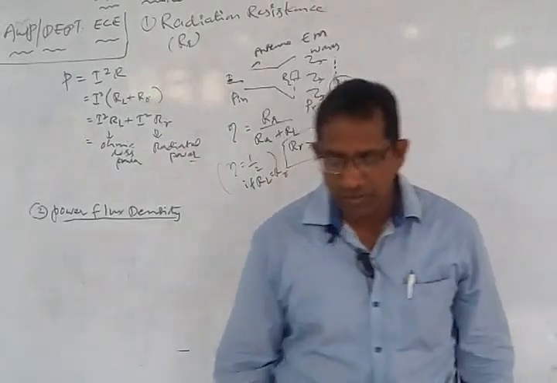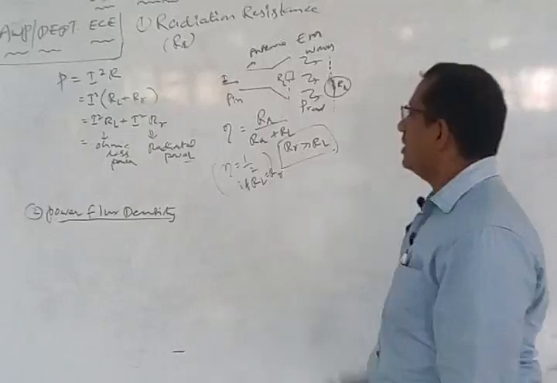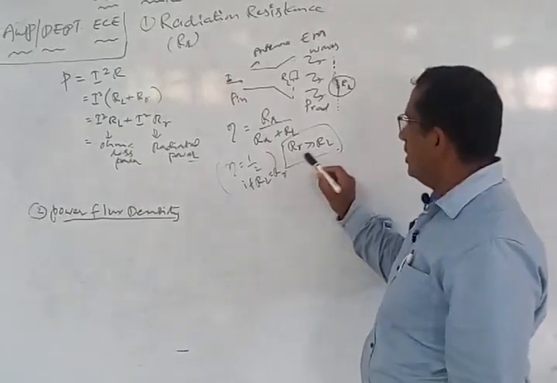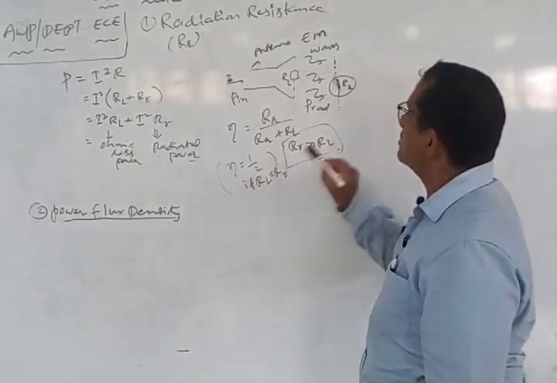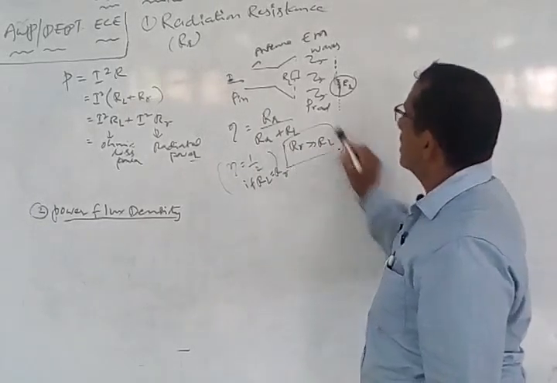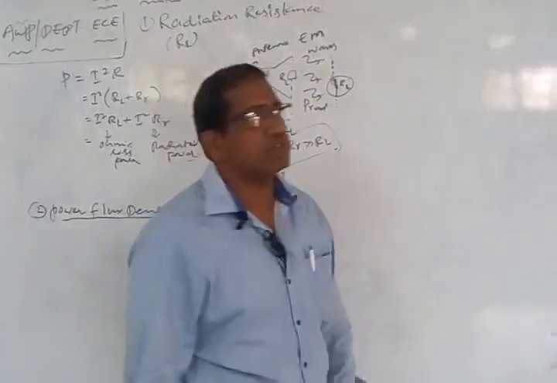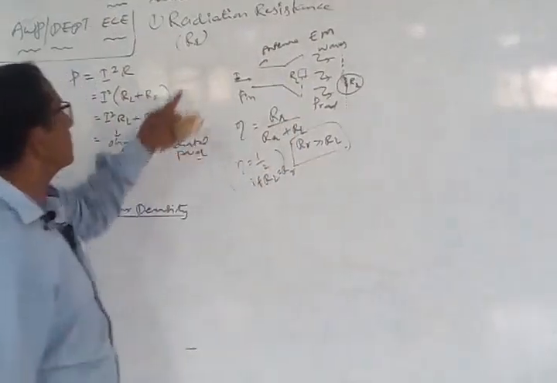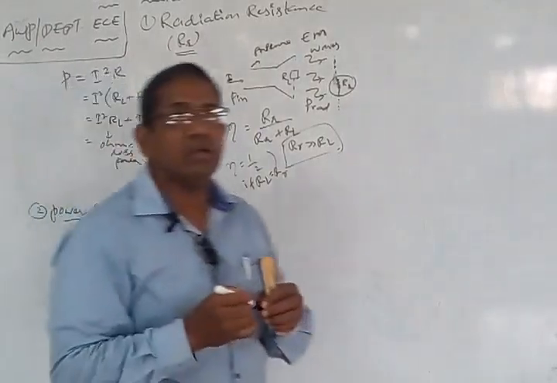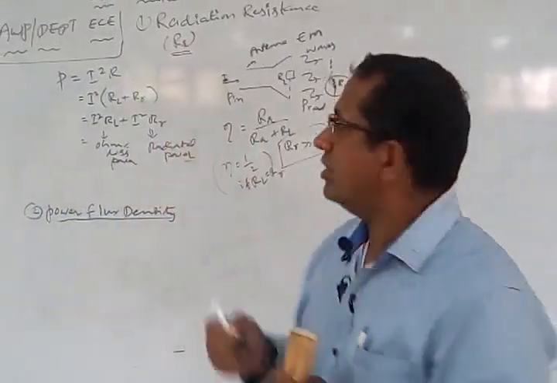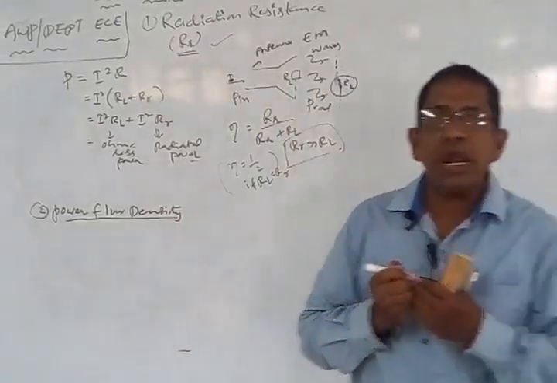We always want the efficiency to be greater than 50%. Therefore we take RR greater than the RL component. By choosing this condition, we radiate more power into the free space. So the radiation resistance RR plays an important role while radiating the EM wave into the free space, and it is one of the important parameters to consider while designing the antenna.